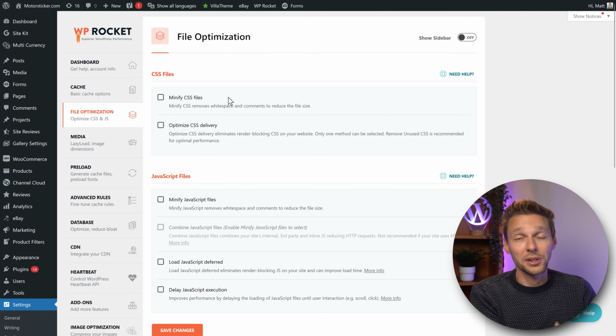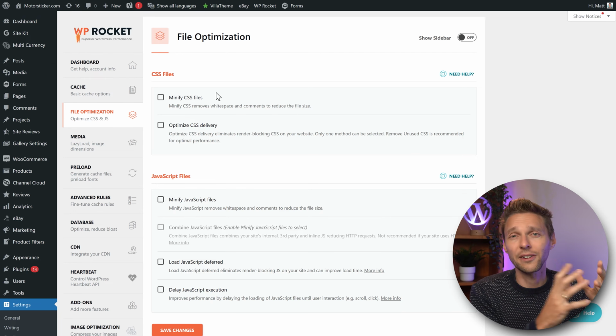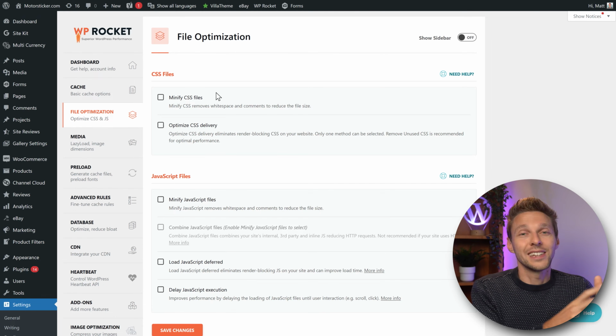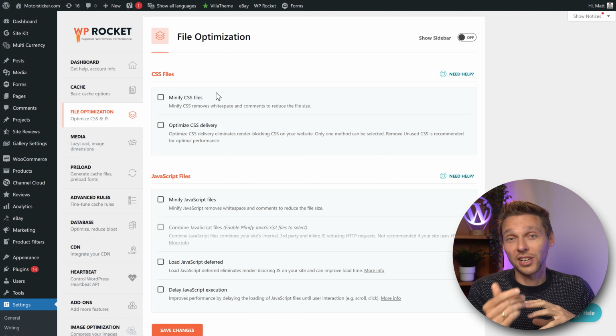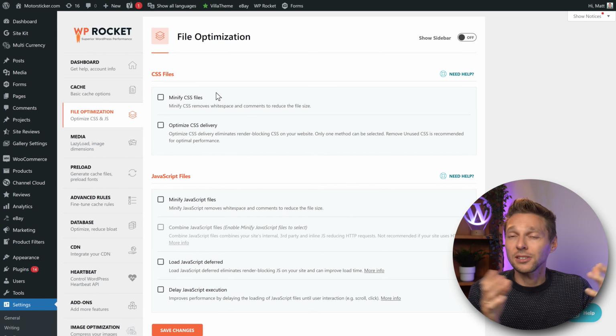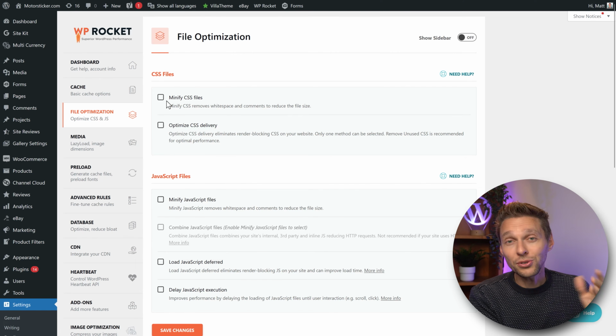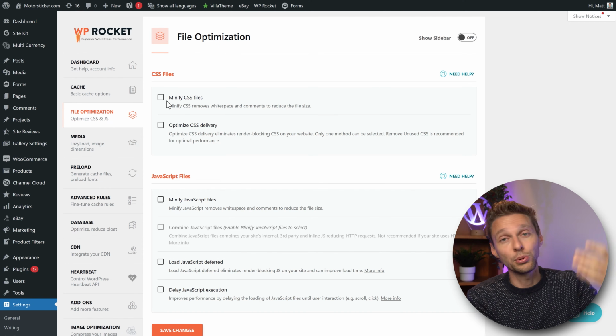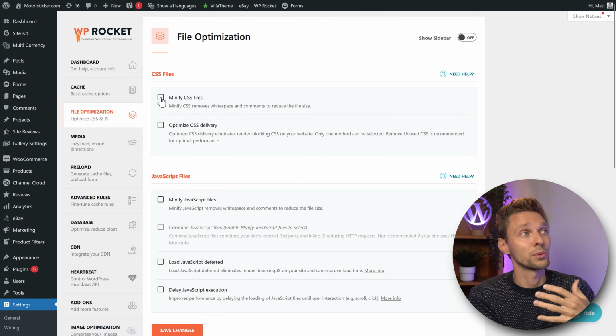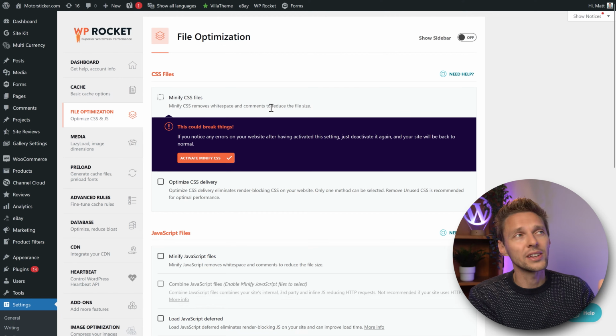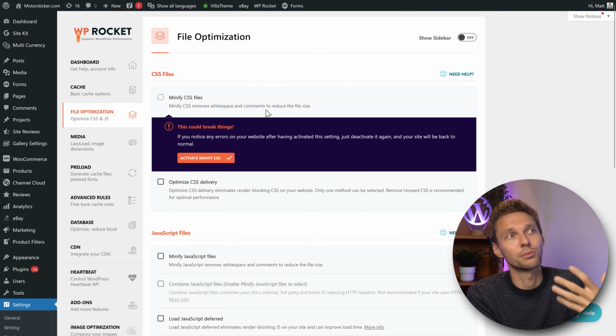Click on it once. I'm going to tell you what all these settings are and how they affect your page speed. You want to minify the CSS files. CSS files are written with a lot of comments inside, spaces and all kinds of things that a developer put in there so they can change things and read what's going on here, especially when you have a team. But a browser doesn't need that information to put out your website in the right order. So we're going to minify it to remove all those things and reduce the file size. And that's what we want. We want to reduce things so we get more speed.